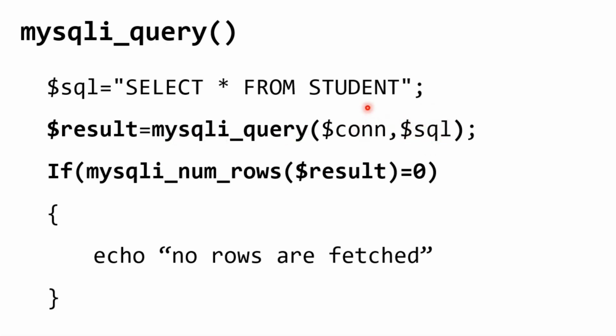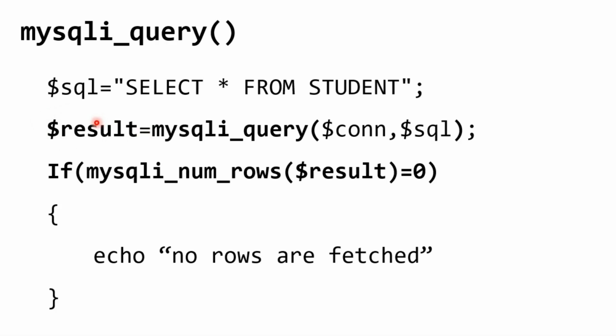What is the first parameter? The permission I have taken to connect to the student database. In every function, the first parameter required is $connection. So I pass the successful authentication to the student database, and I pass an SQL query for the table of the student database, to the mysqli_query function. Now that's how we identify whether the query is successful or not. If it successfully executes the query, select star from student, selecting all the rows of the student table, it will return all the rows into the $result variable.